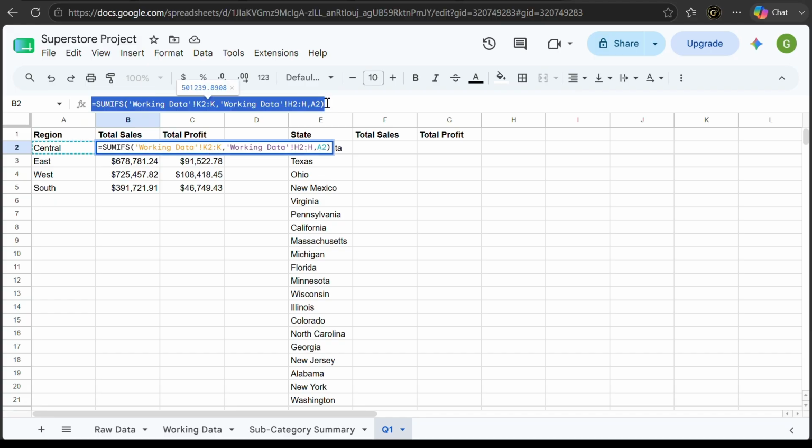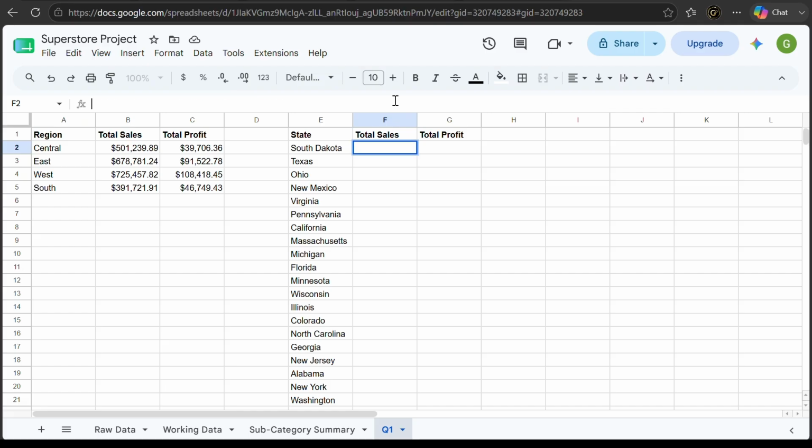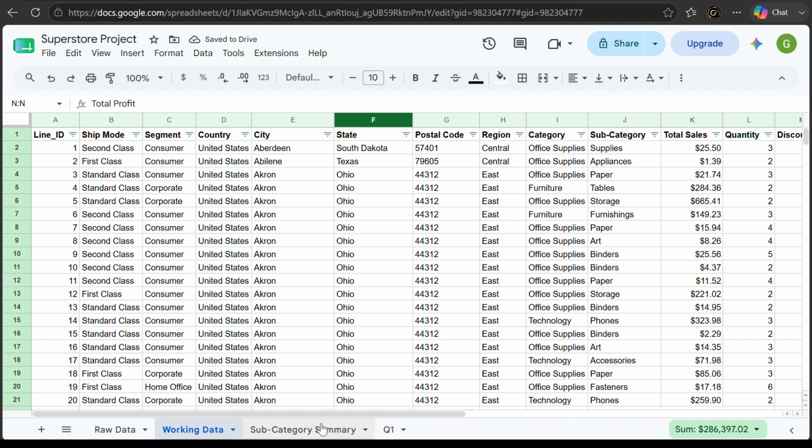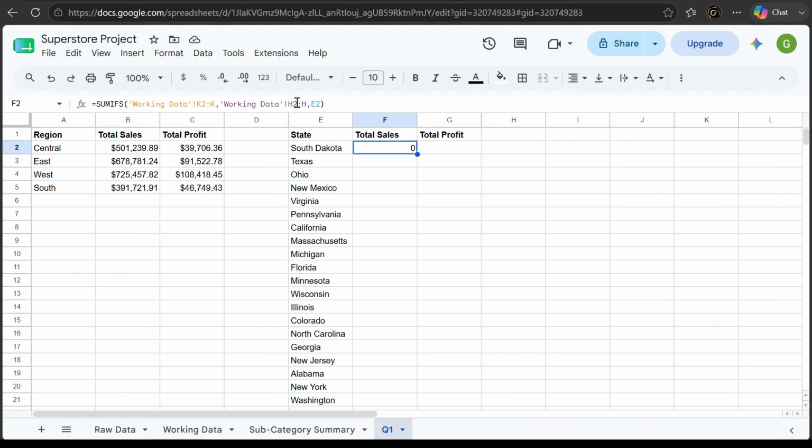So I'm just going to say Control A, Control C. I'm going to paste the same thing here, Control V, but now it's going to be E2. And not just that, for our state, the column is F, right? Is it not? So I have to change this H to F here, F, and then F, and then I'll press enter. So our total sales in South Dakota is